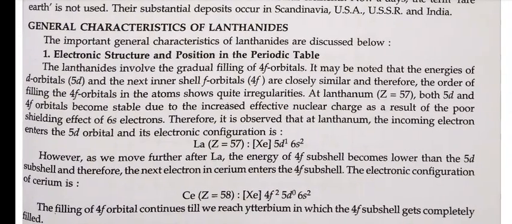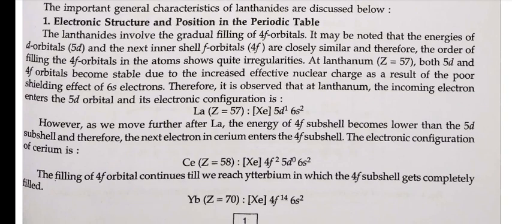At lanthanum, Z equal to 57, both 5d and 4f orbitals become stable due to increased effective nuclear charge as a result of the poor shielding effect of 6s electrons. Therefore, it is observed that at lanthanum the incoming electron enters the 5d orbital and its electronic configuration is